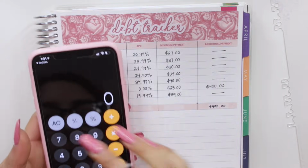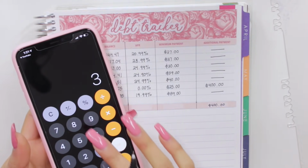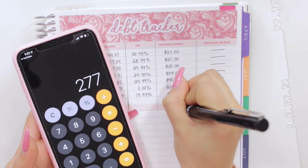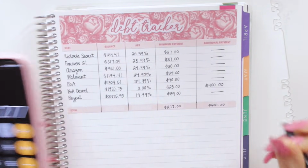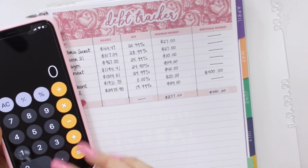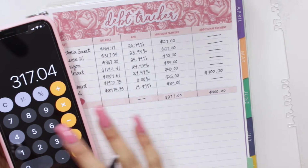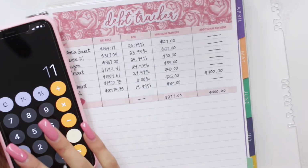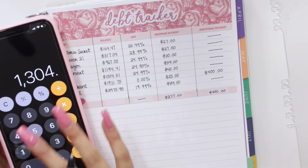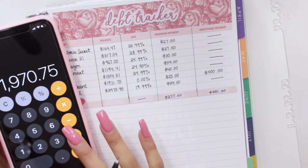That is $400. Then my minimum payments are 27 plus 27 plus 30 plus 39 plus 40 plus 25 and 89. So that's a total of 277. I'm obviously not putting anything for my APRs, and then for the balance of all of my debt, we have 164.47 plus 317.04 plus 967 plus 1,194.41 plus 1,304.51 plus 1,970.75 and last but not least